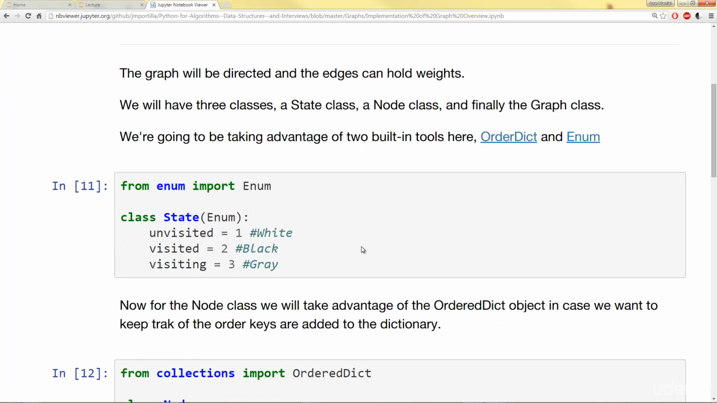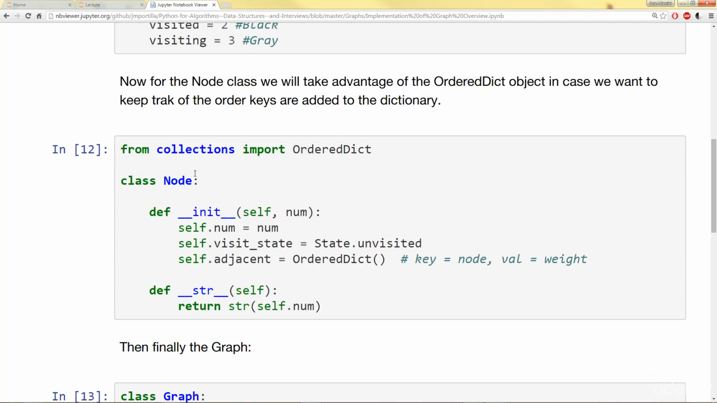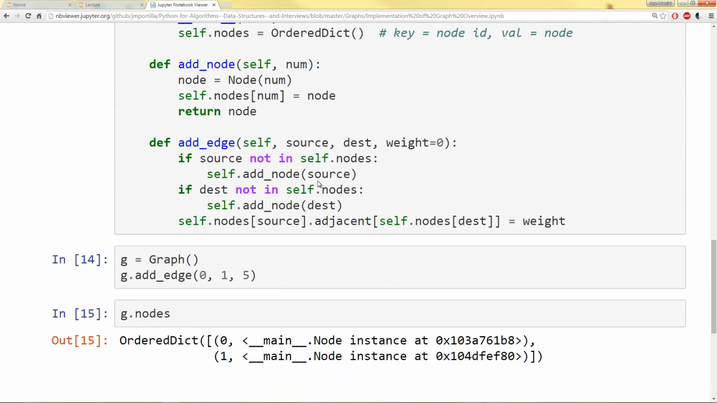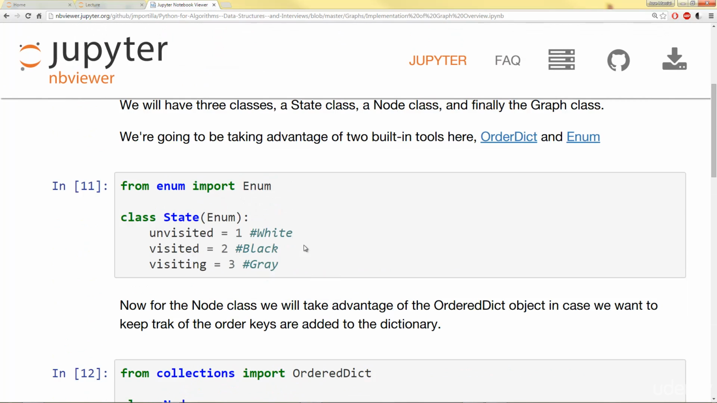where we have a graph that's directed and the edges can hold weights, and we have three classes, a state class, a node class, and a graph class. And we build it this way just because sometimes in interviews they want you to fill out some code based off a node instead of an edge. So this is what we're going to build out. You'll notice it's going to look really similar to what we did previously,